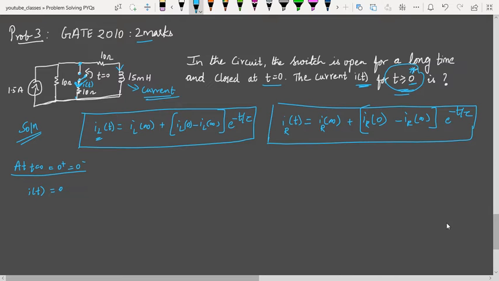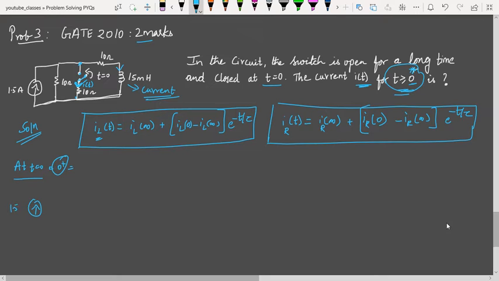So consider 0 plus, not 0. At 0 plus, the switch is closed. Once the switch is closed, the resistor will immediately respond to that condition. To find this, first let me put the circuit diagram when it is just closed. Before closing, let me draw the circuit first, and with that we will proceed with closing also.